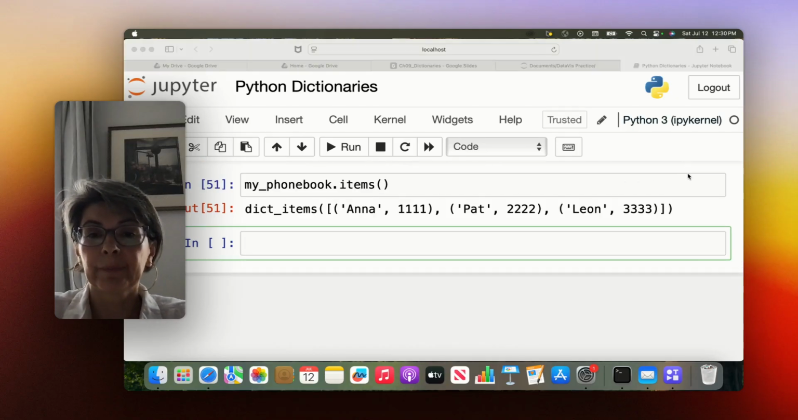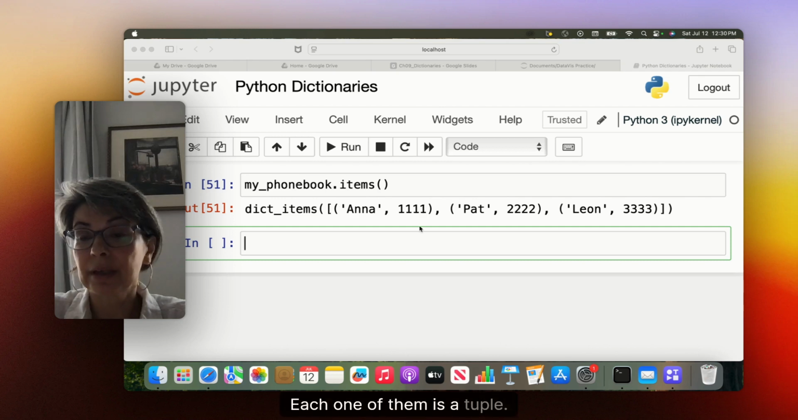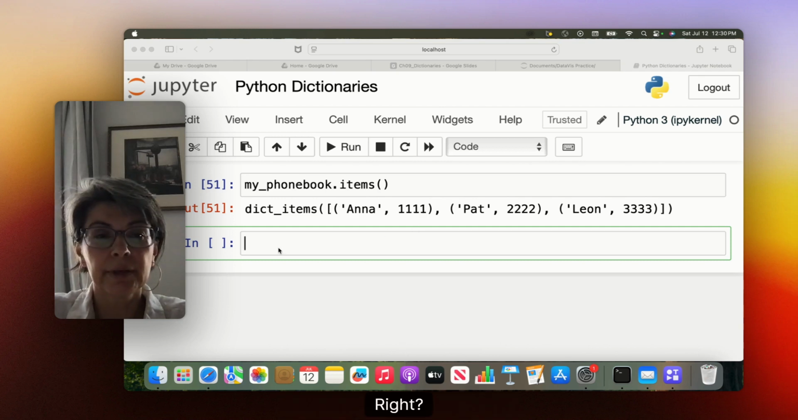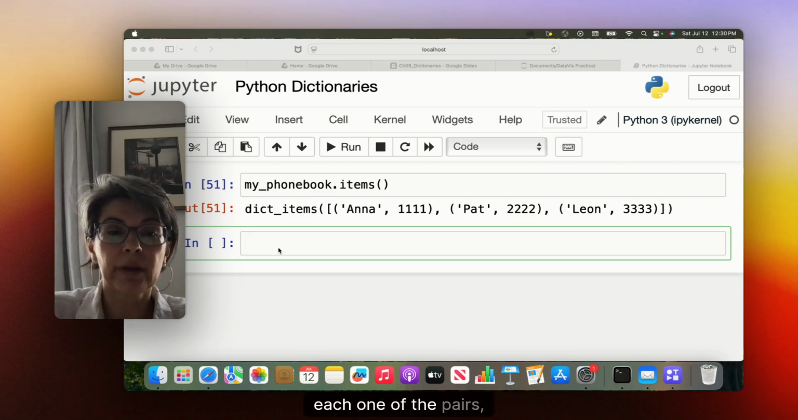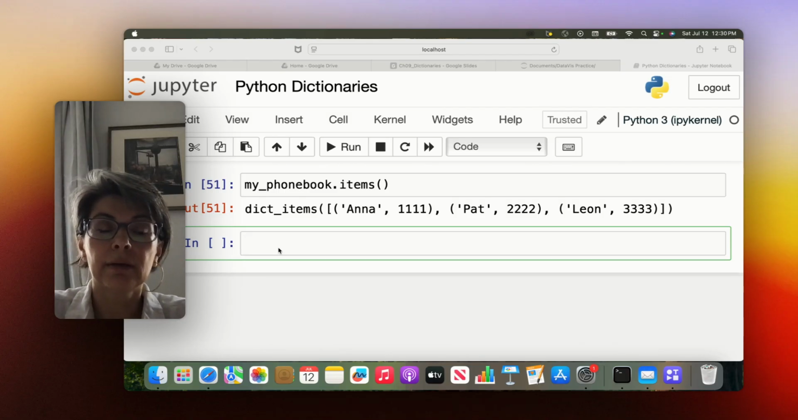Notice that the dictionary items contains 3 elements. Each one of them is a tuple, right? So if you wanted to iterate through each one of the pairs, you could say